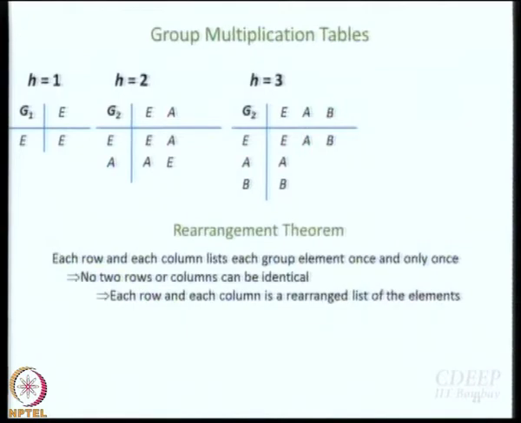So what this implies is that each row and each column is a rearranged list of elements, and hence this interesting name of rearrangement theorem. To understand where we are going, we can actually work out the different permutations.